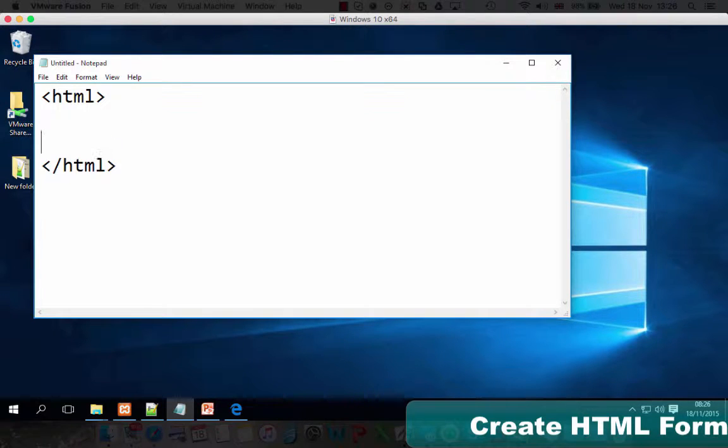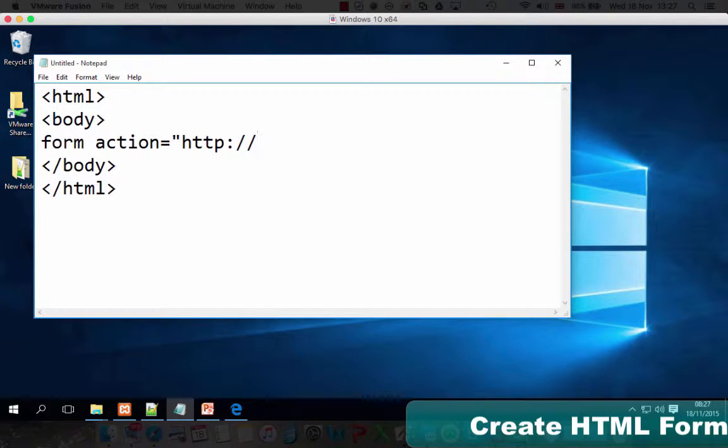There's my close tag. And in between, we'll have our body. And we're going to have form action equals